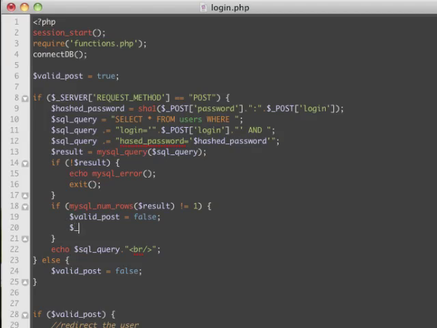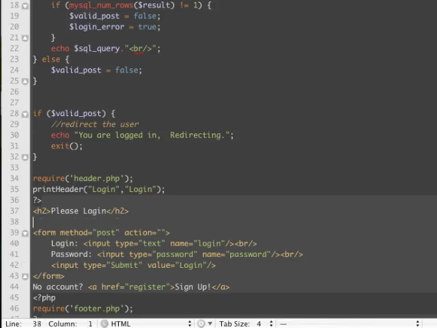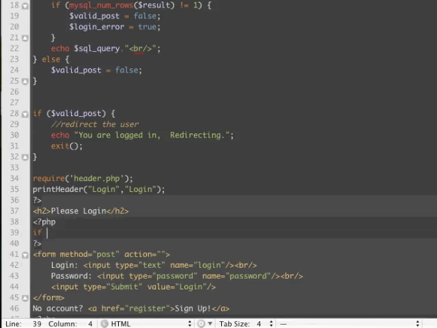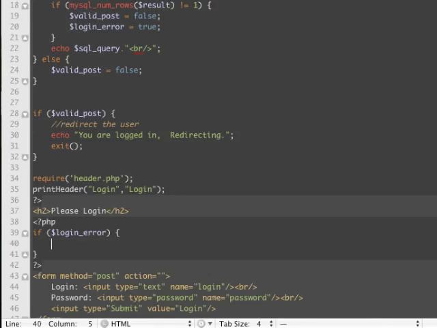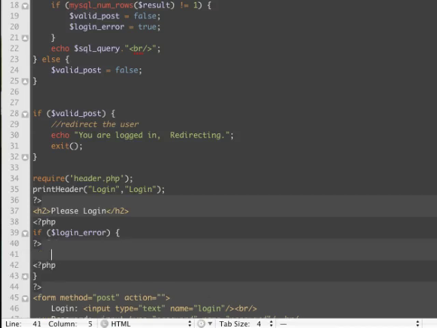So we'll just call it login error equals true, and I'm just going to print down a little message here. If there's a login error, then we'll just go ahead and